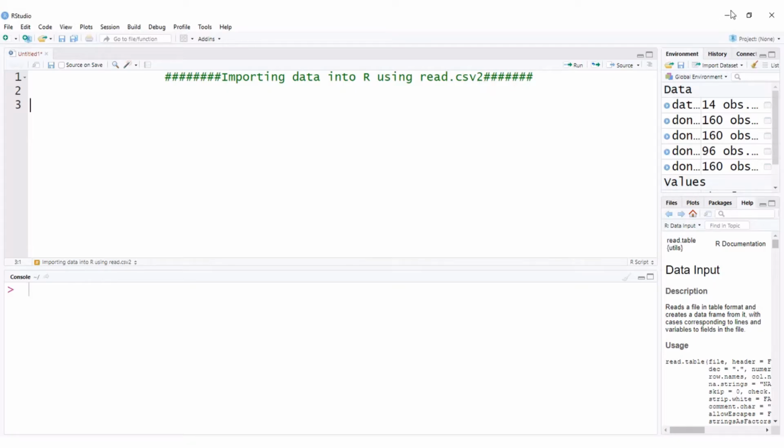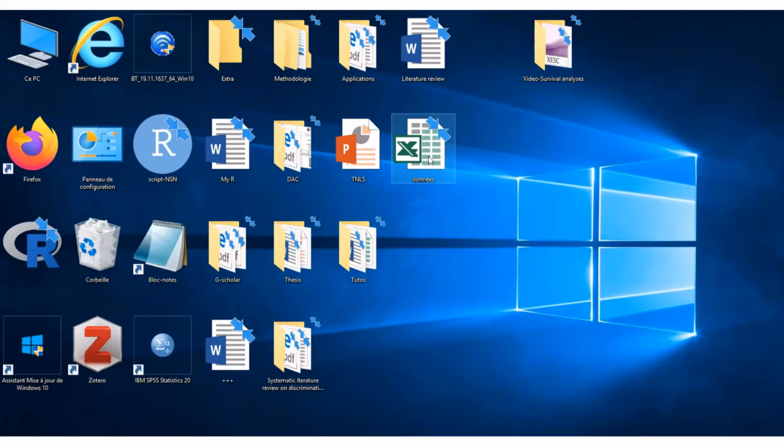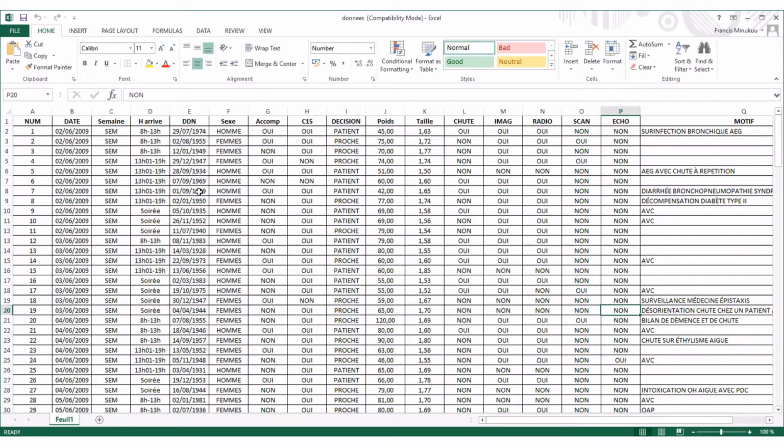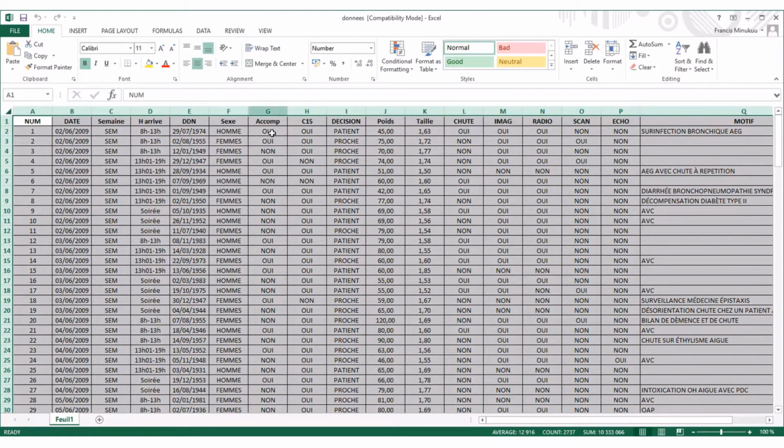let me just show you an example. Looking at this data set, if we want to import it, we will have to convert it into either CSV or tab delimited file format before we can import it into R. So let's open this data set for you to see. This is actually a French data set. The variables, all the variables are in French and everything is in French. So I want to show you the French data format and why CSV2 is used instead of classical CSV or simple CSV. And then I will show you the importance and the advantages of using